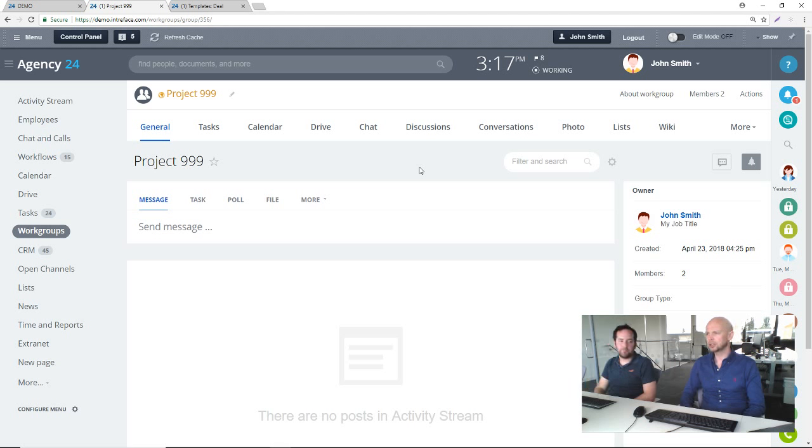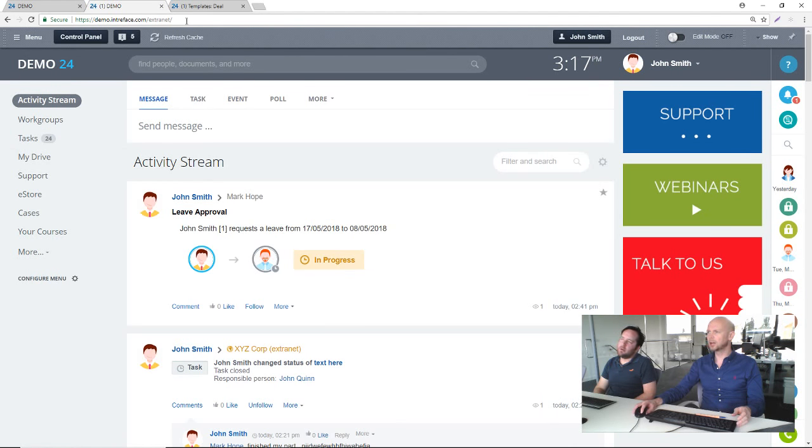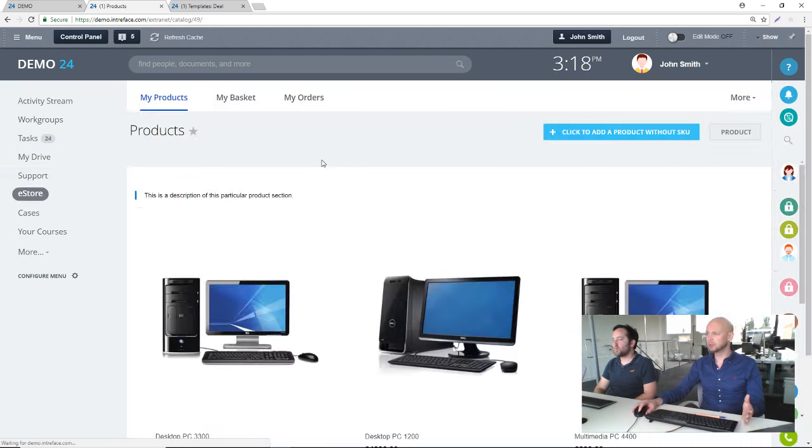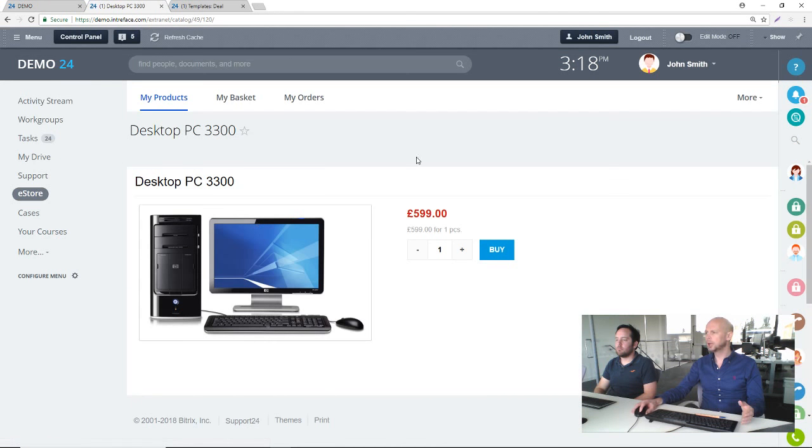They don't have access to any CRM data at all, so they don't have access to any HR data as well. They only have access essentially to the work group. If you're on a self-hosted version, then I'm just clicking into our extranet site here, then they do have access to some other features. You can give them access to things like support, help desk. You can give them access to eStore, which is